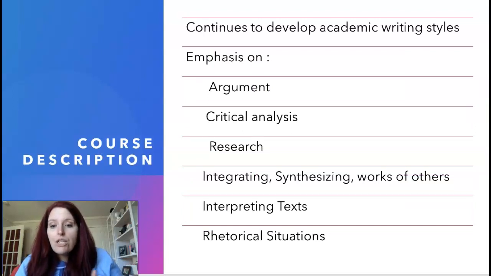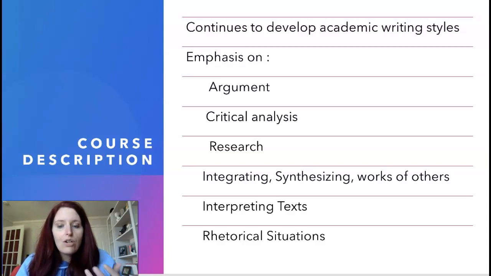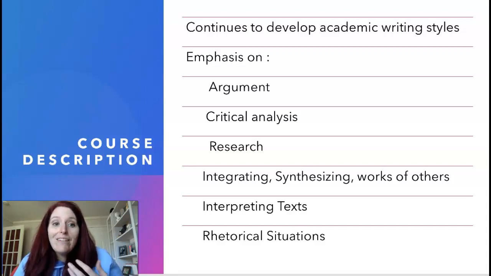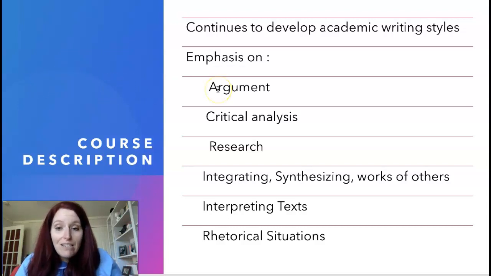Basically, it's a continuation of the things that you began to learn in English 111. So we will continue to develop your academic writing styles and your academic writing skills. The major emphasis in this class will be on arguments, because all writing is argument.